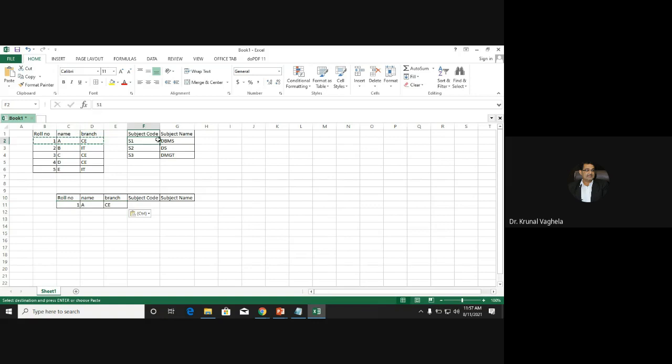Join it with the first row of the second table. Take the first row of the first table, take the second row of the second table. Take the first row of the first table, take the third row. Now you might have got the idea.